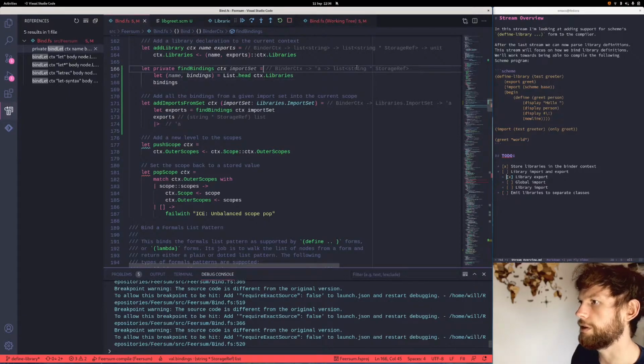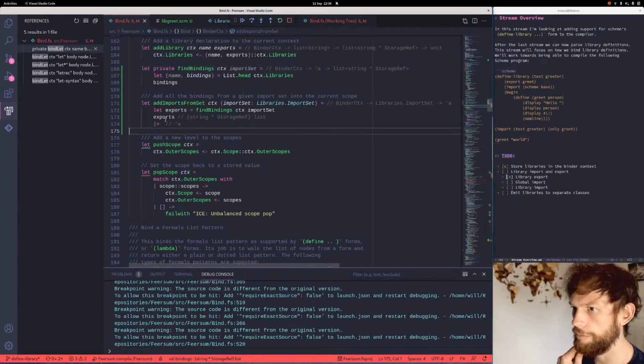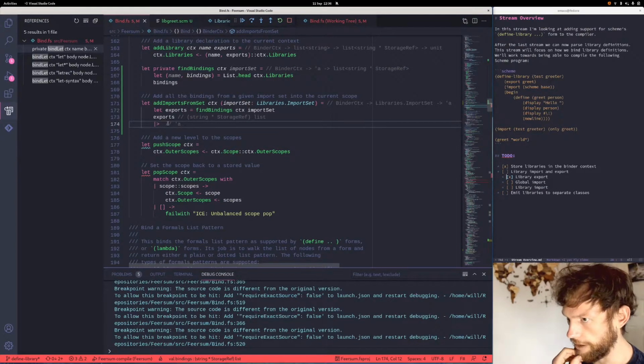So we're getting a list of strings storage ref, in which case string is the local name it wants to be bound to. So we take all of the exports and we do